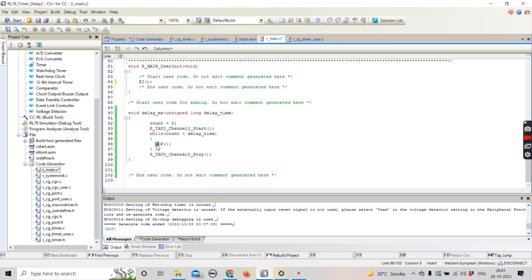The code will remain stuck over here in the while one loop. There's a NOP statement, and it will remain in while one, because the count value will remain lesser than the delay value. The delay value was 1000, which I have written, and the count value is getting incremented starting from 0. So it will become 1, 2, 3, 4, 5, 6, because the timer, once started, will remain on until and unless we ask it to stop, and after every interval of